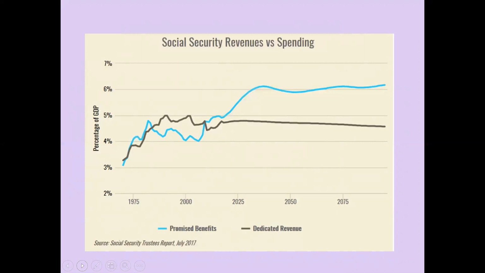So in total, we've got a relatively bleak picture going forward for the federal government. And we'll come back and see some things related to revenue in another